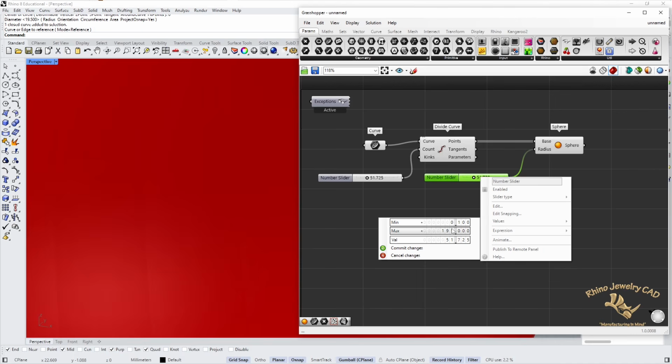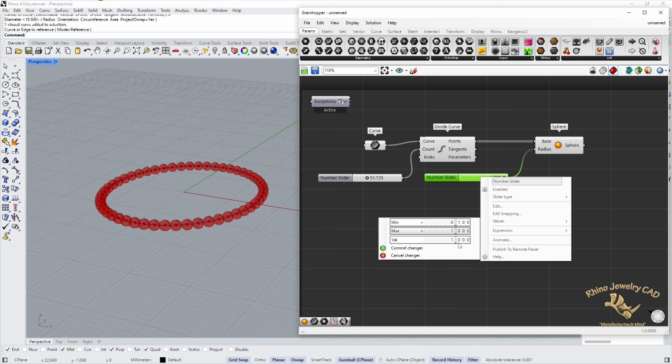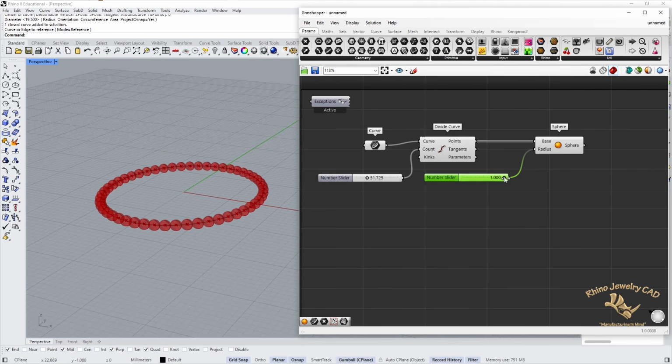That one wants to be 0.2, and we're working a radius here. Well, let's do a 1 millimeter radius, and we'll commit those changes. And now notice how the size